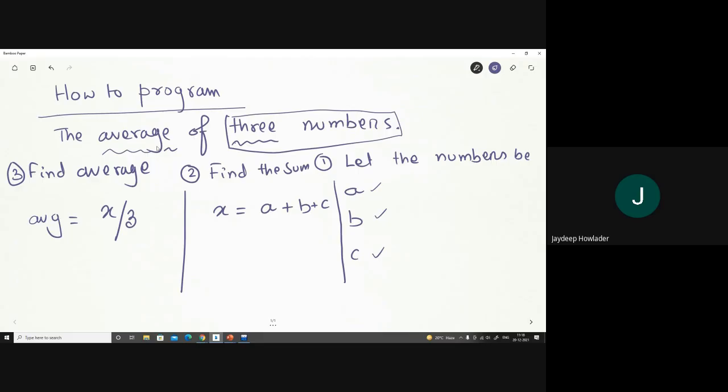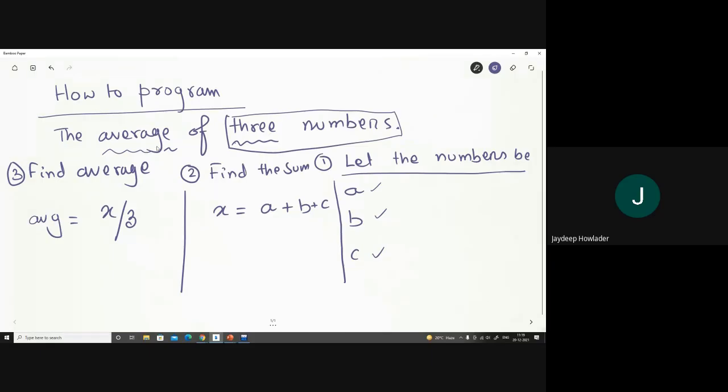Okay? So we are assigning some names to the data. So A, B, C are the names to the data, and these names are called variables, and variables will take different values at different times. Okay. Then this is the first step. I have to define three variables. So depending on our problem, we have to define different types of variables. We'll take another example and we'll see how that can also be done.